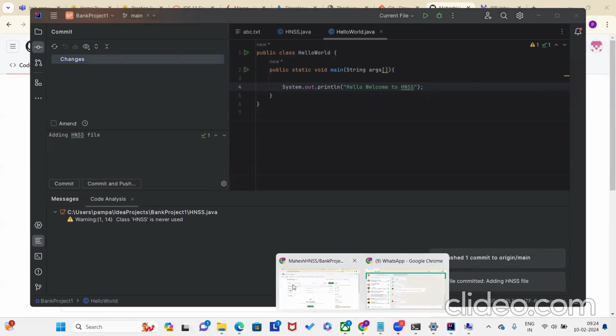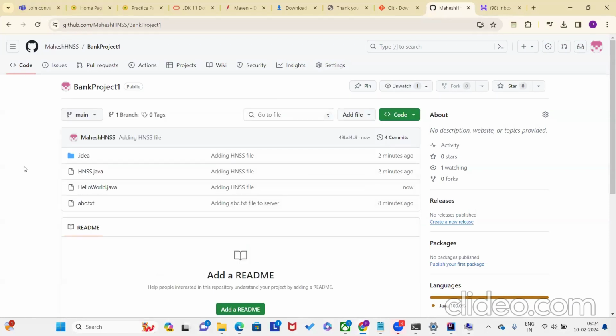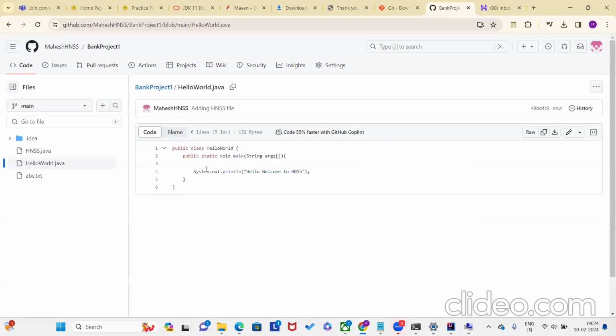So before that, nobody will see that hello world file. But once you commit, everybody is able to see whatever file you created. So suppose I'm working on the hello world page, you are working on the welcome page, somebody is working on the login page. So everybody